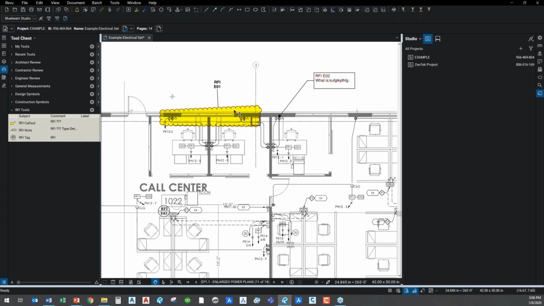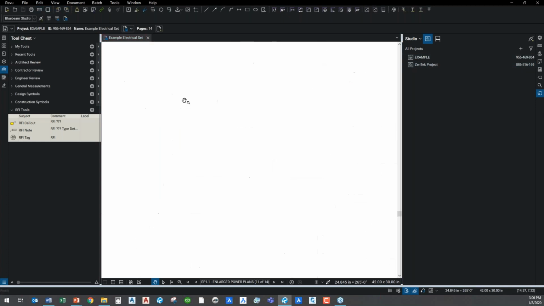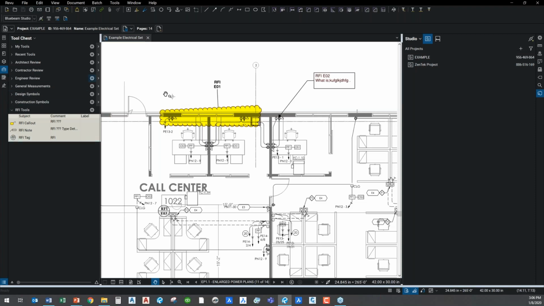But the benefit here is, like I said, that we can actually go in, right? And we talked about opening the document here, okay? And we pulled it up from our Studio project, and I can just save this, right? And then I can check this back in later on just by going up here, right? You see that I can actually check it back in and send that back to the Studio project